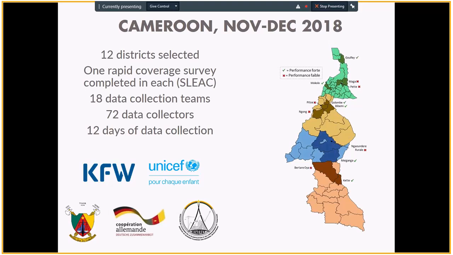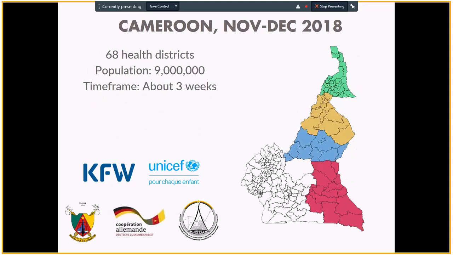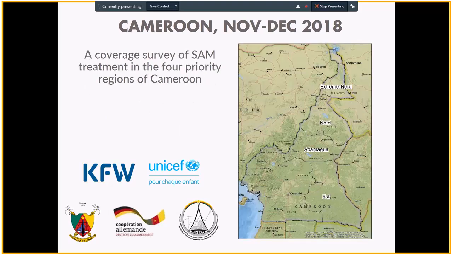Can I ask you, what's the capital of Cameroon? Well, there are 2 capitals. Officially, Yaoundé, here at the bottom, is the political capital. And then Douala, here just on the coast, is the economic capital. So did you say most of the population's in the north? Well, no, these are the priority regions. Sorry, there is a big part of the population here, but we weren't interested in that. They are actually only implementing CMA in the country in those 4 regions.